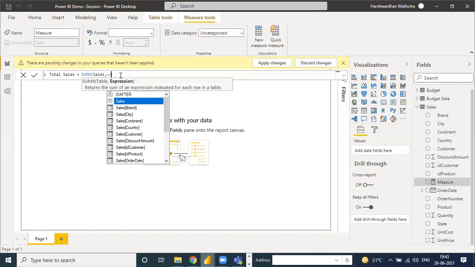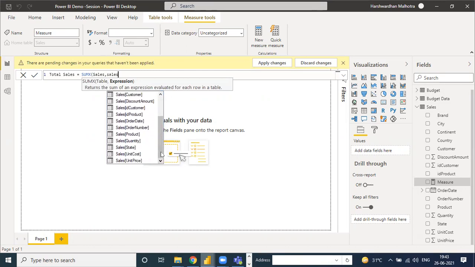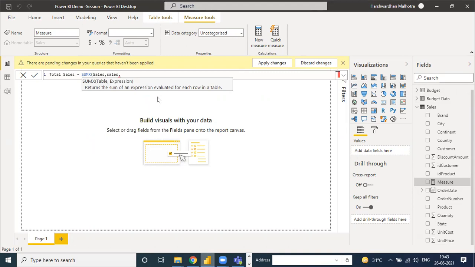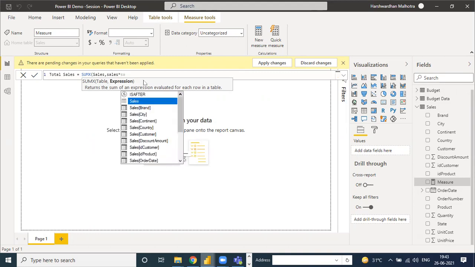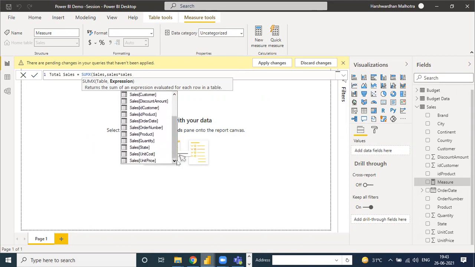So here we use the sales table and choose the unit price, and the next one is quantity. Comma. And next is sales quantities.